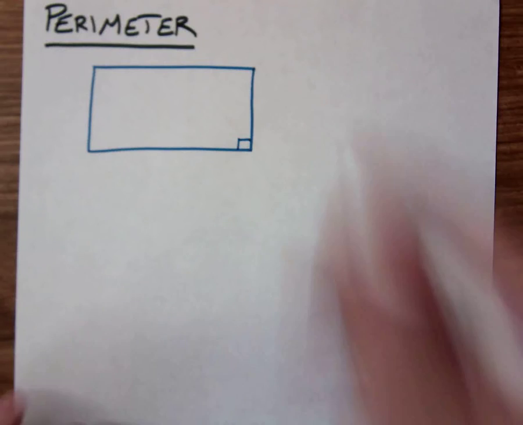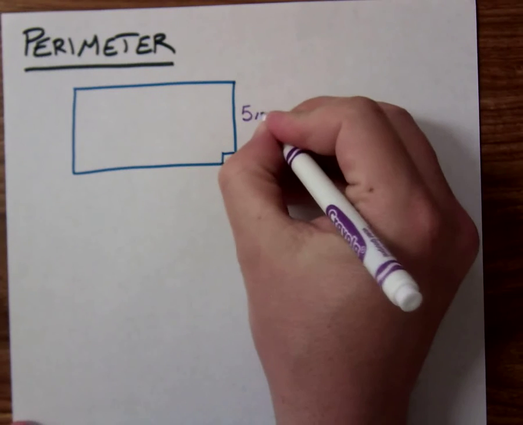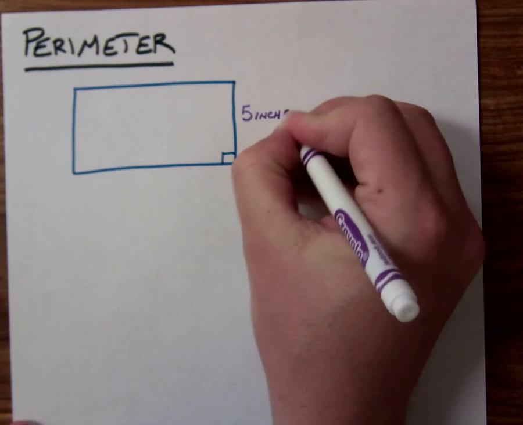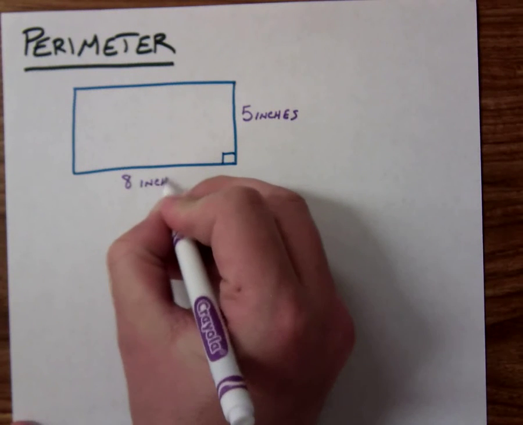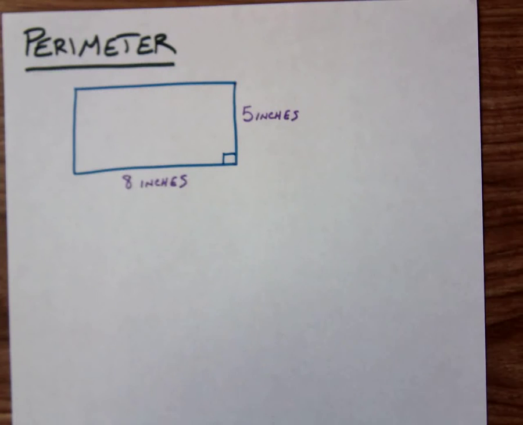Let's call this side 5 inches. And we'll say this side down here on the bottom is 8 inches. So not a giant rectangle. Okay, here's my question. What's the perimeter of that rectangle? So to find the perimeter,